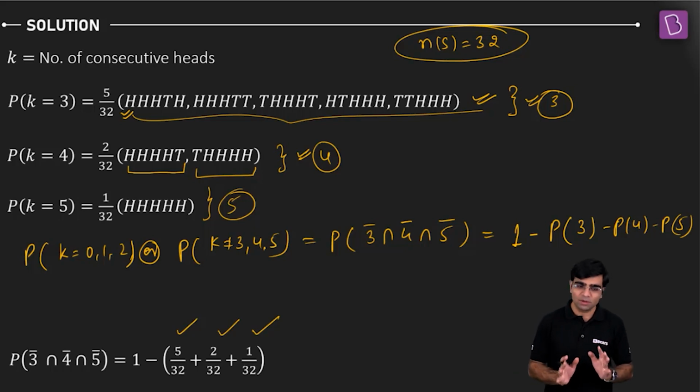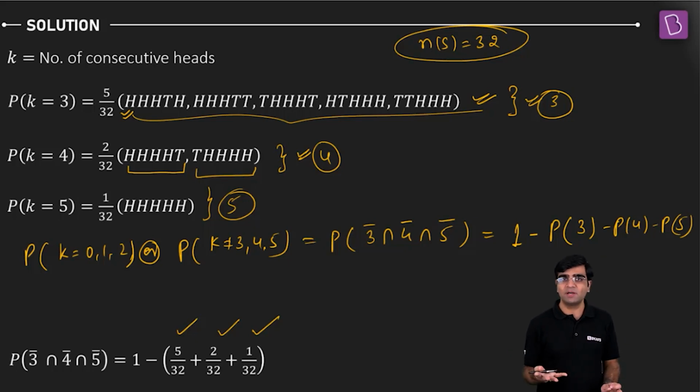I'll quickly give you a recall for this. So k equal to 3, k equal to 4, k equal to 5. I hope this is clear because the cases are even mentioned. So for k equal to 3, we have 3 consecutive heads. We have only 5 favorable cases for that to happen when we are tossing a coin 5 times. Sample space is 32. So we get the probability for that as 5 by 32. Value associated is 3, right? Because if I have 3 consecutive heads, the value associated is 3. Probability is 5 by 32.